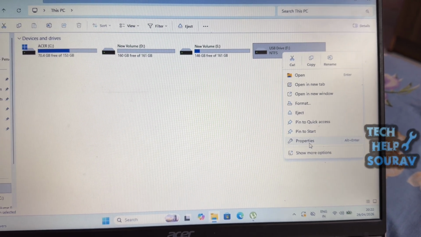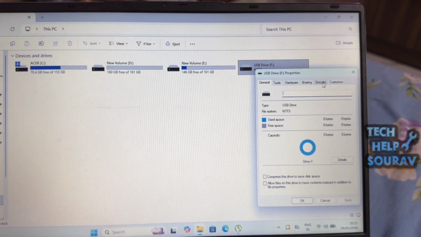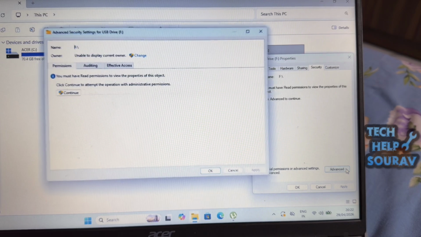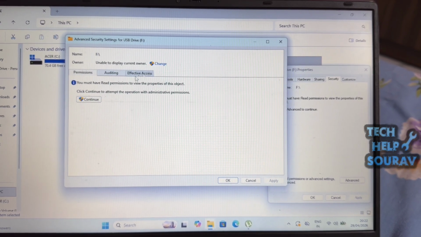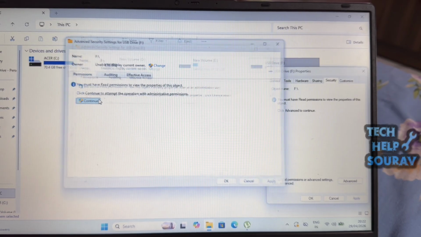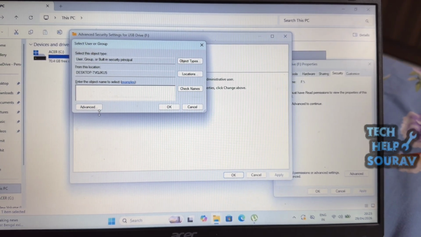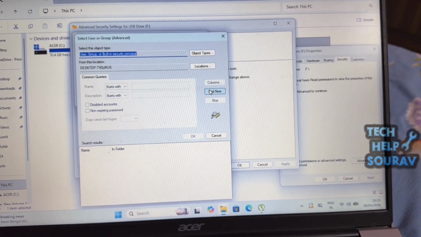First, right click on the problematic drive and go to Properties. After clicking on Properties, click on the Security option. Then click on the Advanced option. Next, within the Permissions section, an option labeled Continue will appear. Click on it. After that, go to the Owner option and click Change. Then click the Advanced option. After that, click Find Now